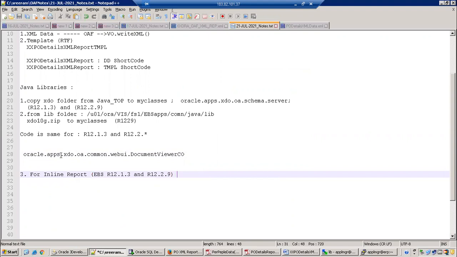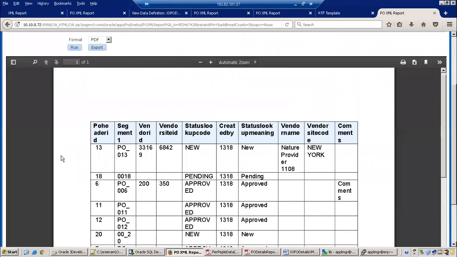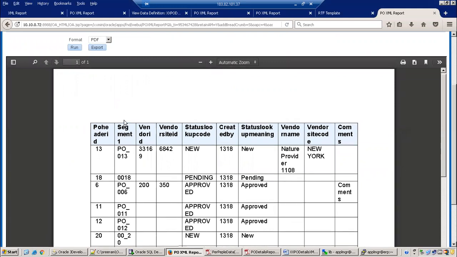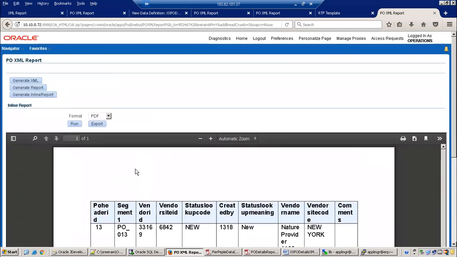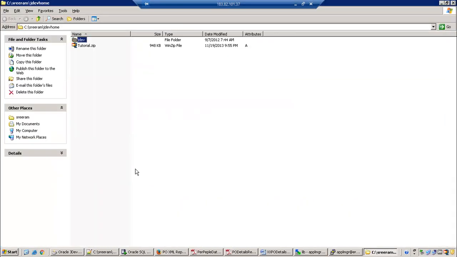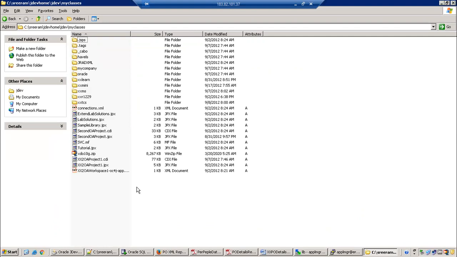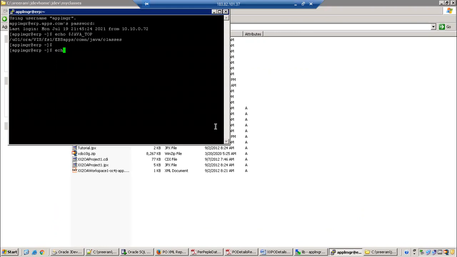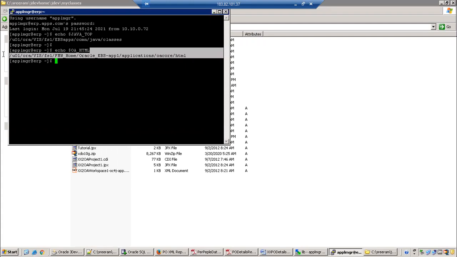Generally this will not work by default. You'll get a Java error that says a document viewer region JSP file is missing. So here, let me show you that. You just need to copy from the server. My classes. Get the OHTML.